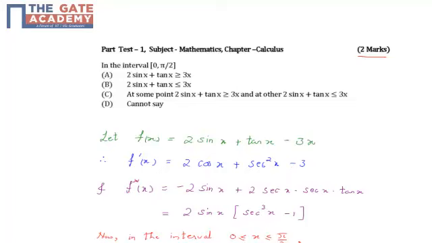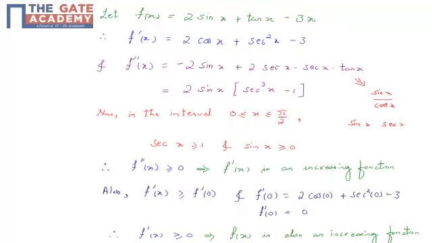Now we again compute the derivative of the first derivative, that is, the second order derivative of the given function, which would be equal to minus 2 sin x plus 2 sec x into tan x. This can be rewritten as 2 times sin x into sec cube x minus 1, since tan x can be written as sin x divided by cos x, and 1 over cos x is sec x. Hence we get sin x into sec x.